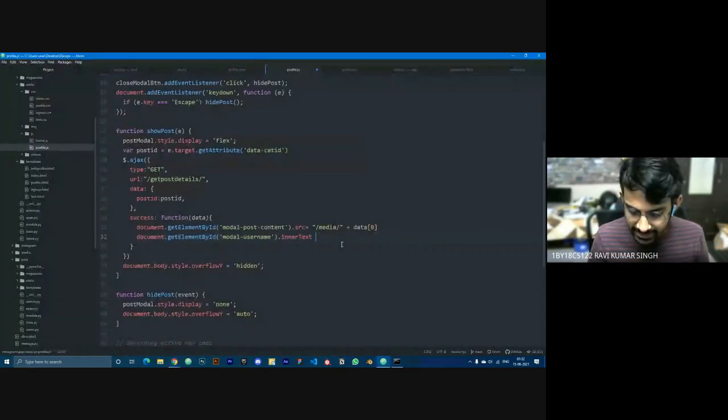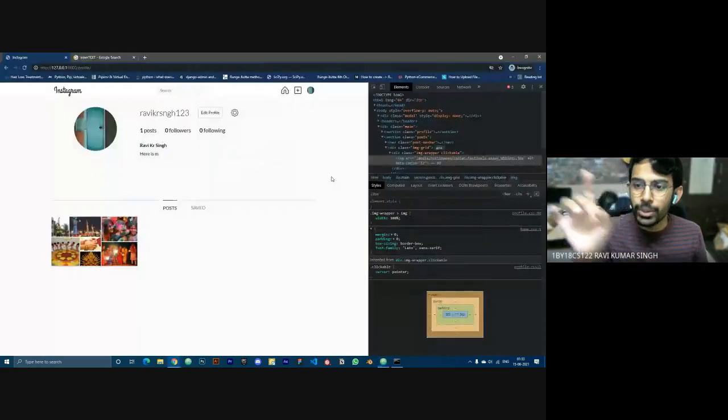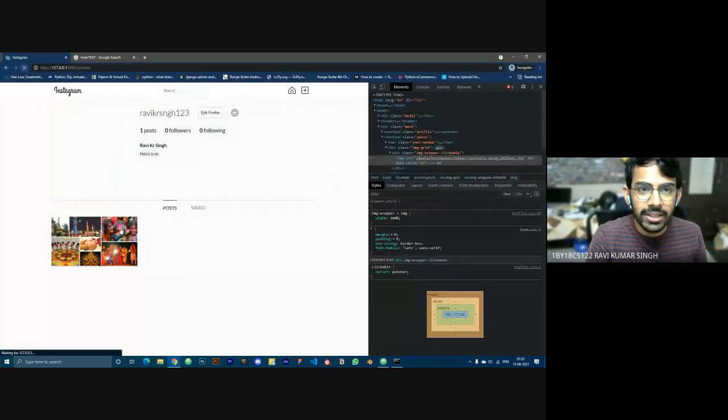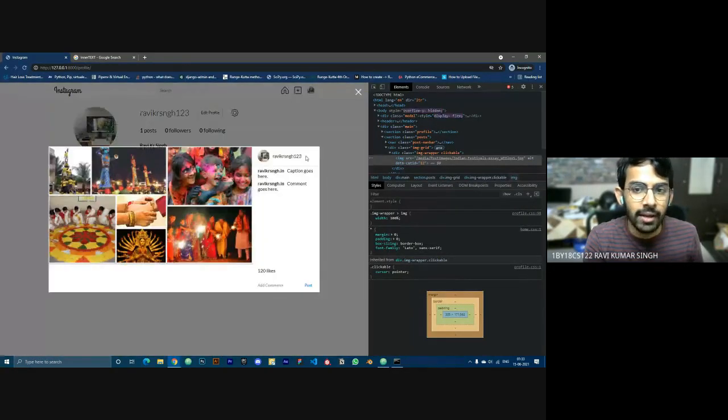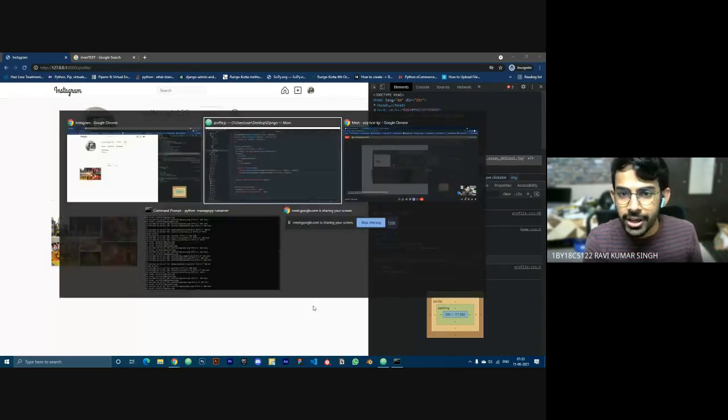So innerText equals data of 1, because in 1 we had the username. So now let's check if Ravi Kumar Care SNGH 123 is there or not. Yeah, it's done, if you see, right? And now again we'll have to change it here also.